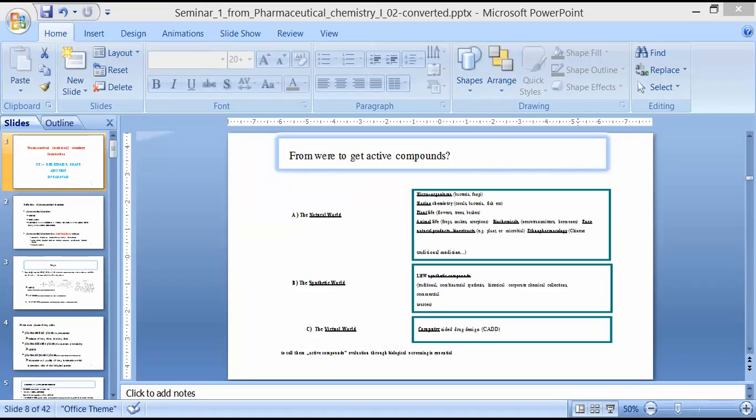So if the drug molecule is going to have all these parameters, that is a good pharmacokinetic profile, that is low molecular weight synthetic compounds. So this will include a traditional synthetic procedure, a combination of traditional and newly originated artificial synthetic procedures, that is combinatorial synthesis, historical cooperative chemical collections, and commercial sources. So from these ways, we can synthesize the drug molecules in the laboratory also. And the third will be the virtual world, that is computer aided drug design.